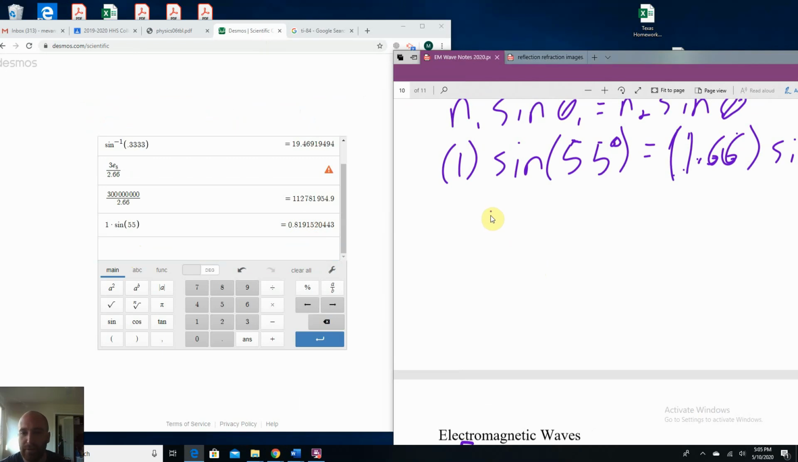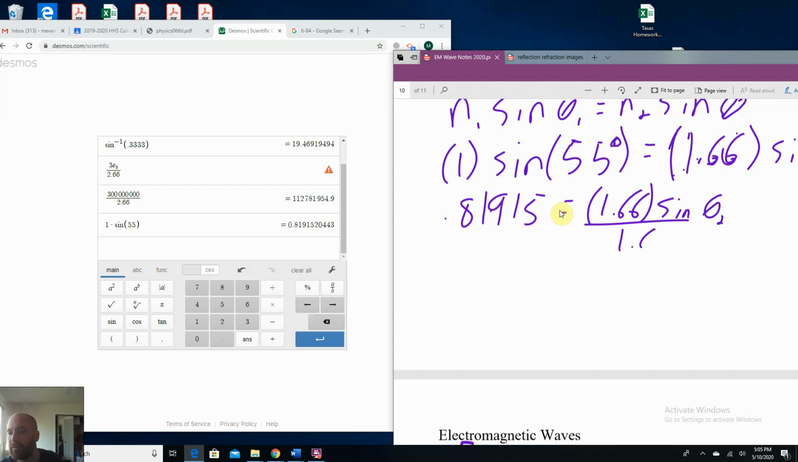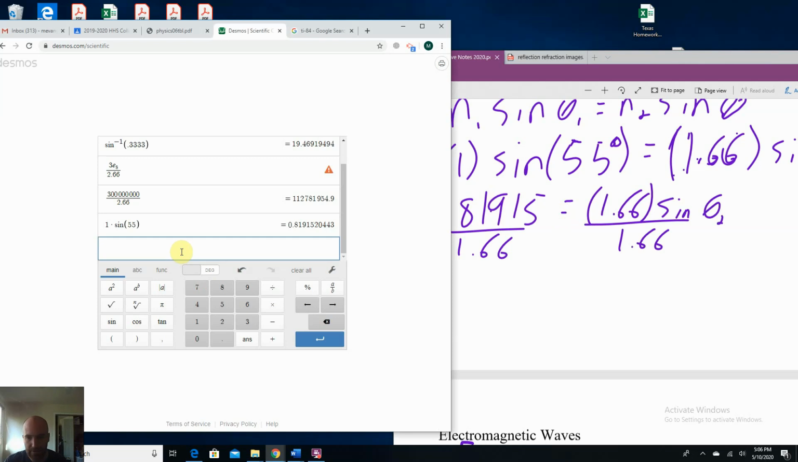Let's go with 0.81915 is equal to 1.66 times sine of theta 2. Again, we're solving for that angle, so the first thing we'll do is get rid of the 1.66. I'm going to do that by dividing. Divide by 1.66, divided by 1.66. Over here, okay, so we're going to take that